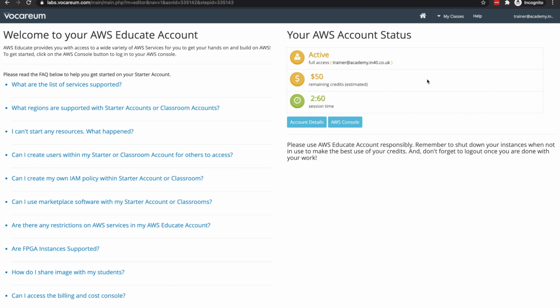Anything that you might have created in the starter account will all get deleted, or this account will not be accessible anymore. So you have to come back to the other account, where you can create other resources that you can play around with. So yeah, this is how you get to work with AWS Educate and the AWS Educate's AWS account.